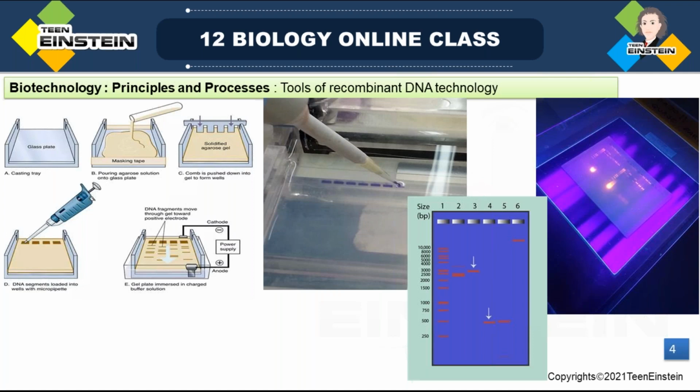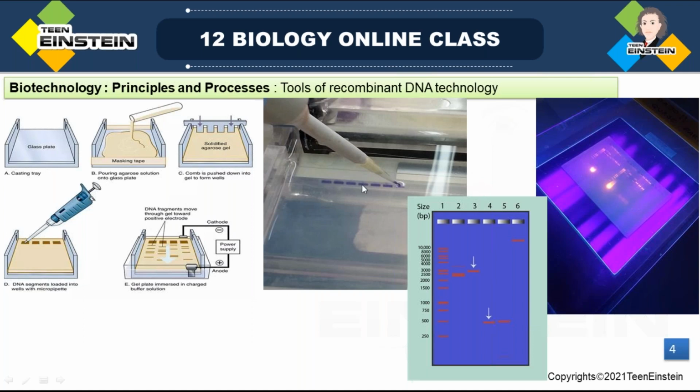Then if the comb is removed, you can see wells. You can see wells like this. When the comb is removed, it will form clean and neat wells. Okay, here you can see the square shaped wells. Then next step, here you can see,